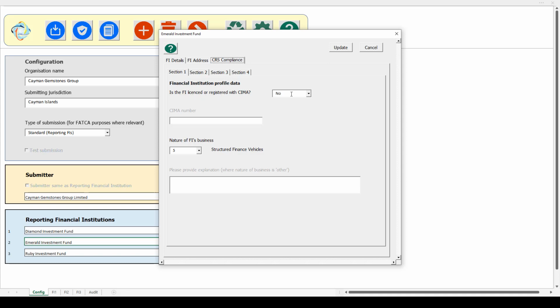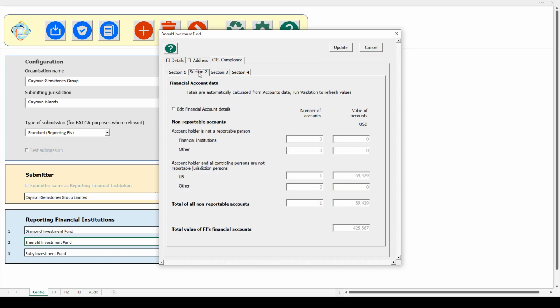You say if the FI is licensed or not with CIMA. And all of these screens are dynamic and smart. They will show you the fields that you need to complete. So if, for example, I'd said, yes, it is registered with CIMA, then it would require me to enter the CIMA number. If not, then I need to enter the nature of the FI business, one of the codes, and then it shows me there what that is.